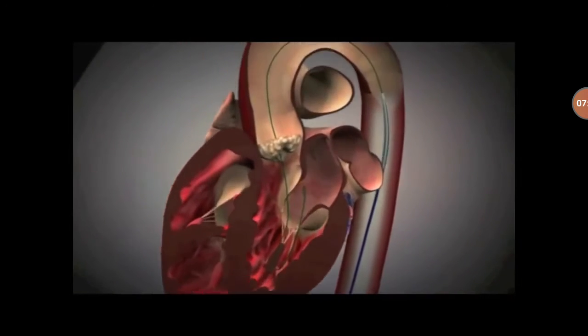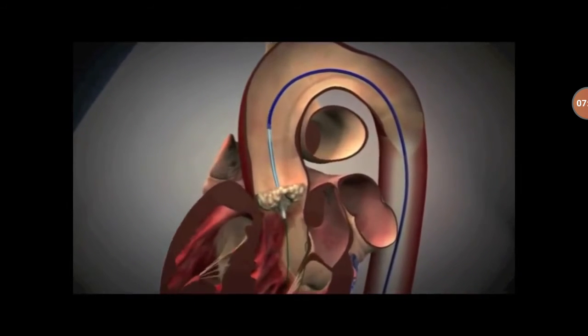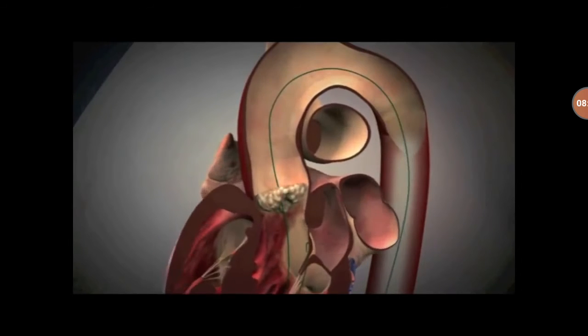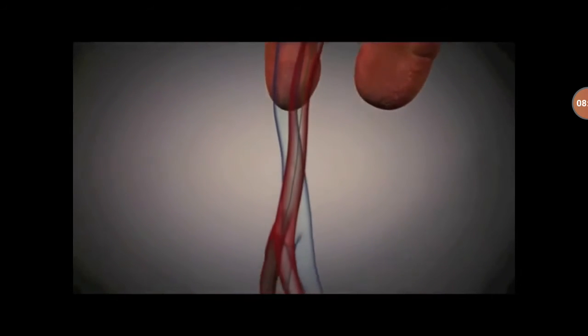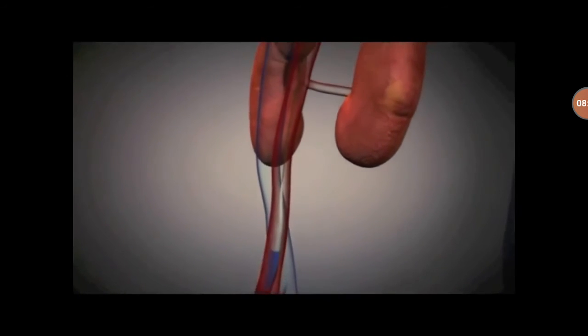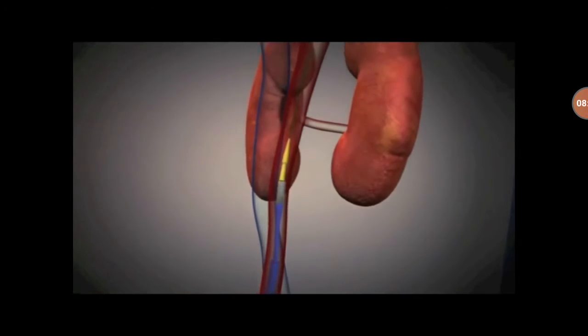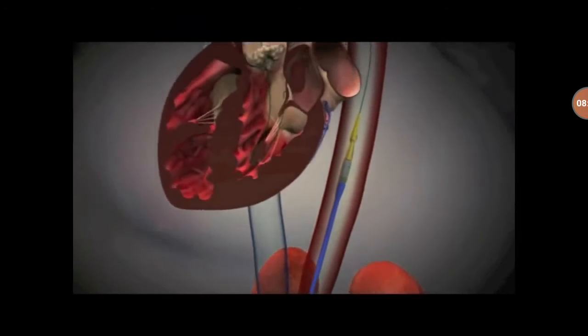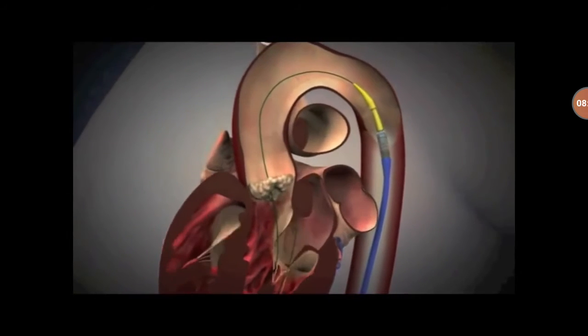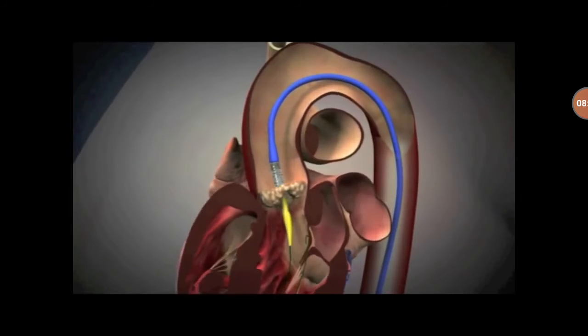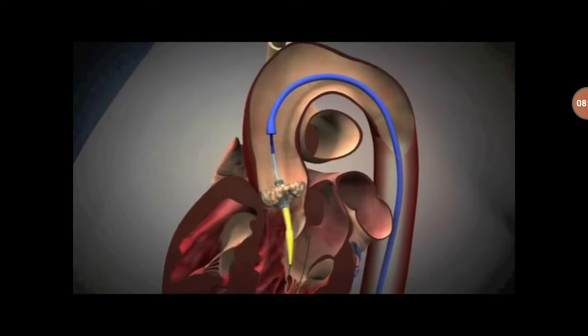Following that, a balloon catheter is passed over the wire into the stenotic aortic valve. The balloon catheter is then inflated, opening up the stenotic valve, cracking the plaque, and freeing up the leaflets. And that's in preparation for the stent valve, or the transcatheter valve, to be inserted. The first rendition that you see is the first stage of the catheter going in, and then the second stage of the catheter coming through around the aortic arch, over the wire, and it's going to insert into the stenotic valve. Once the catheter is placed in the valve, the stented valve is ballooned open,